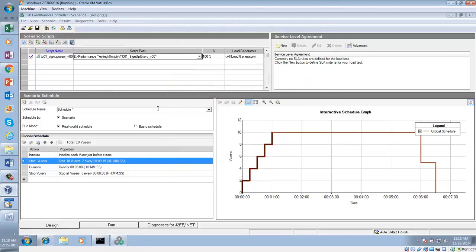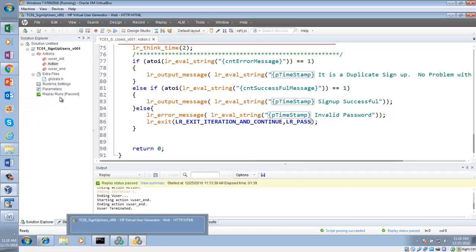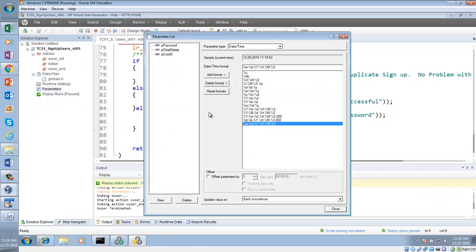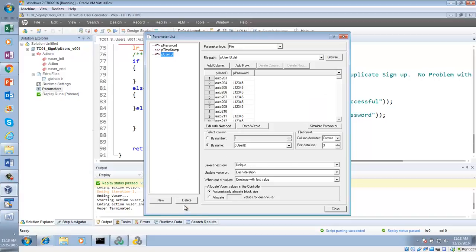Okay. Now if you go back, I am going back to the script itself. Let me go there. Now in the parameters, if I go to user ID, can you see it will be starting from 3 now, but I will have to start from the beginning. So make sure when you are changing something, you are going back to the first line.